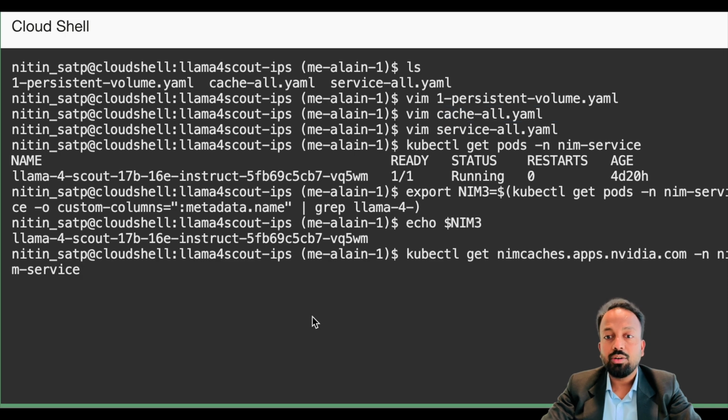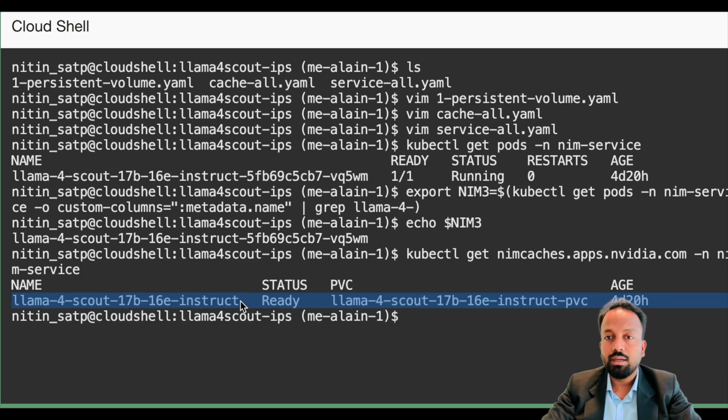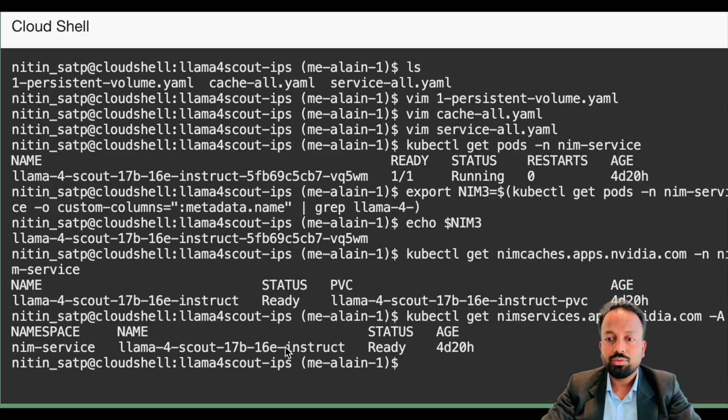Once you run it, I will show how exactly we have to run it, and the approaches as well. After the cache, I will show you the status of the NIM service as well. So let's see the status of the NIM service. Here we have the status of the NIM service, which is also ready.